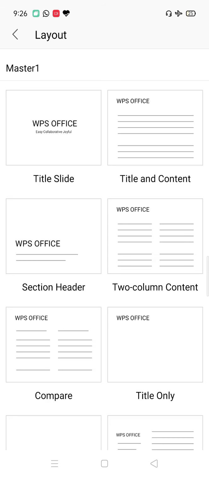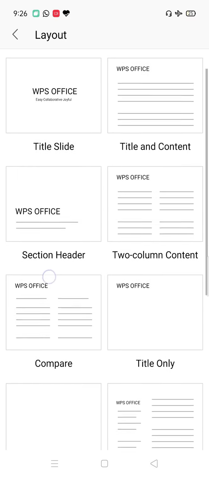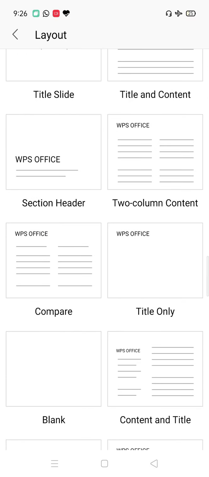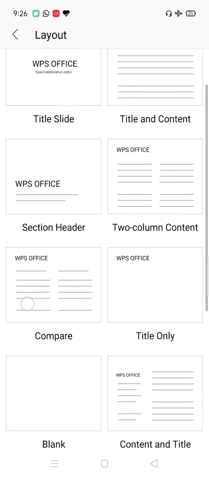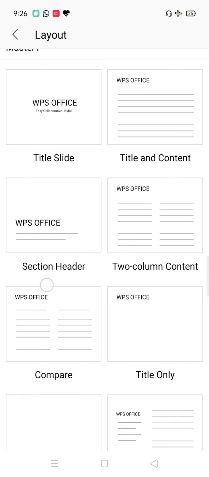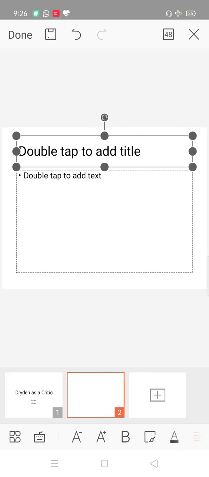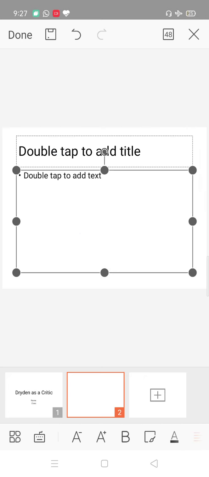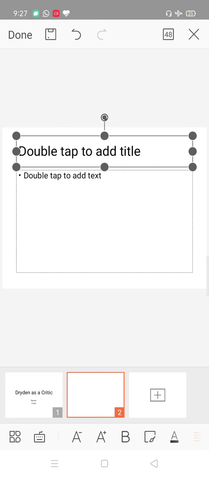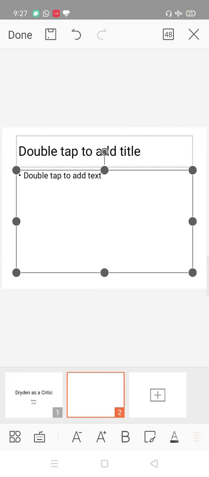For example, आपको कुछ comparison करना है तो ये 2 column content आप use कर सकते हैं, or you can use this one also, comparison वाला, right? So I choose this one and then I got this slide with one title and one content. Here I will write the title, here I will write the content.